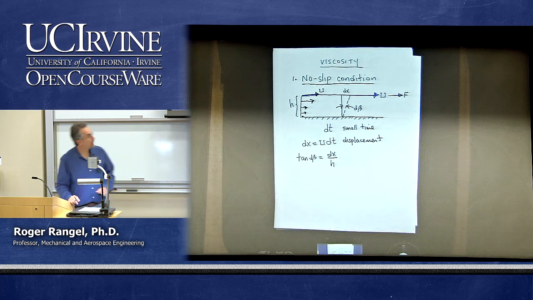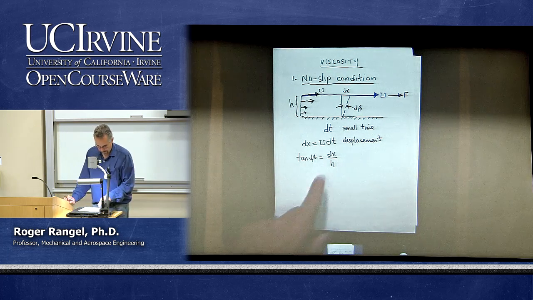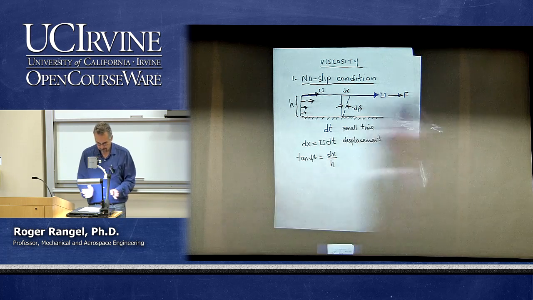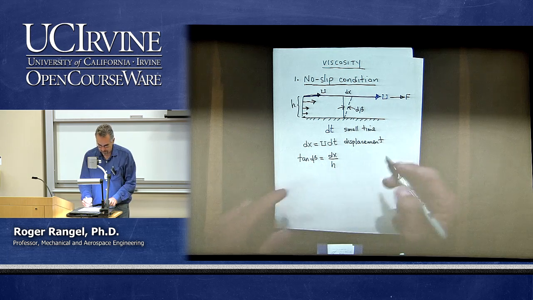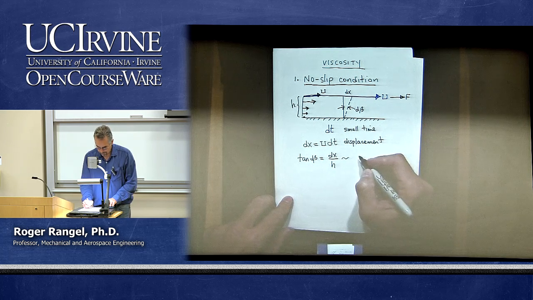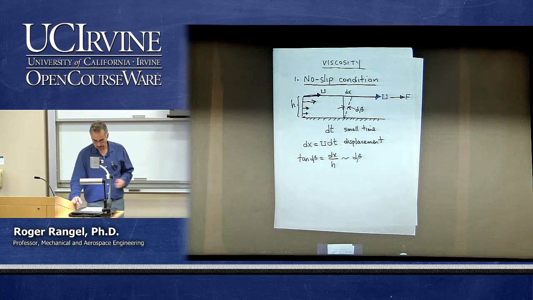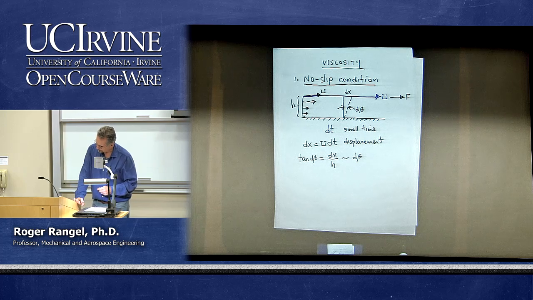So dx over h will be the tangent of d beta. But because this is a small angle, since only a small amount of time was considered, the tangent of d beta is, of course, for a small angle, very close to the angle itself. So tangent of beta can be approximated as just d beta,